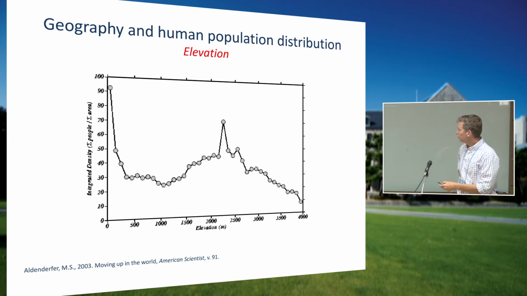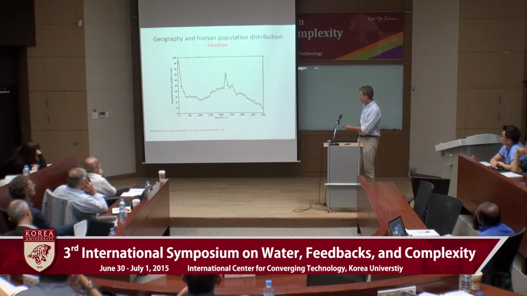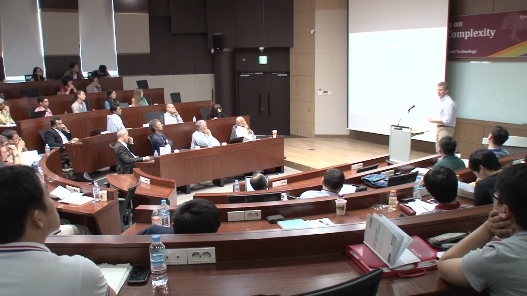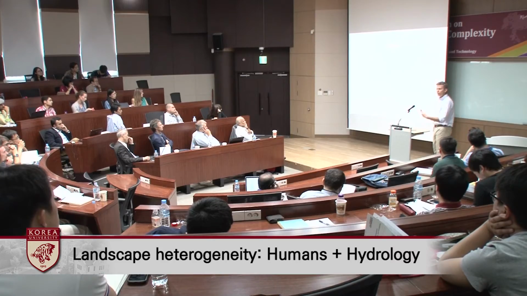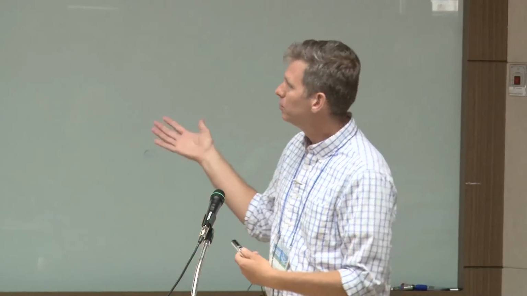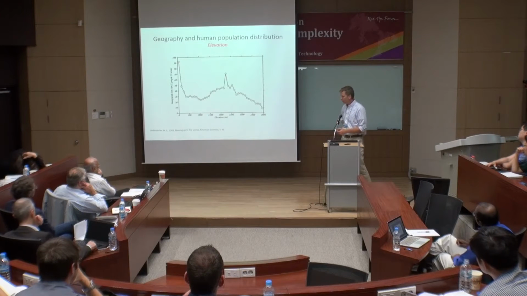It's not very well known, I think, about how there's such a large peak at what to me feels like a pretty high elevation. And there's a few different potential explanations for that. For example, the rich volcanic soils at higher elevation in certain latitudes, or maybe getting away from malarial type diseases at low elevation. But the general principle is that the location of where the people are and landscape features starts to become evidently